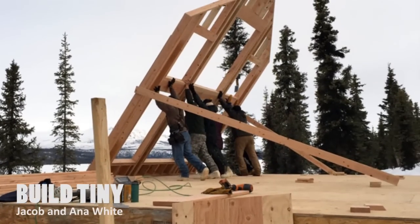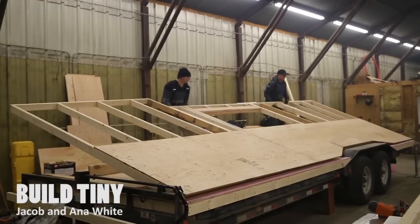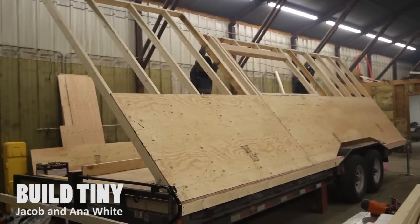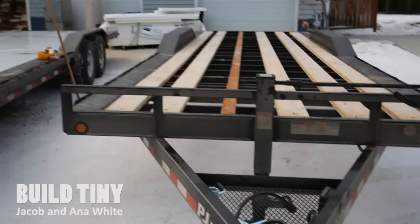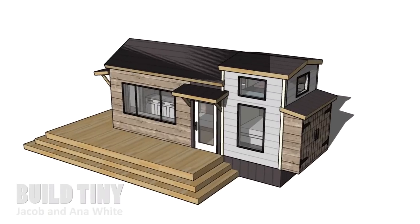But now, we are going beyond that. We're going to show you how to build yourself a house, tiny style. In this video series, we'll show you step by step how to go from a trailer to a beautiful finished